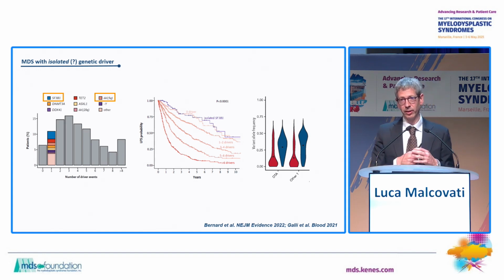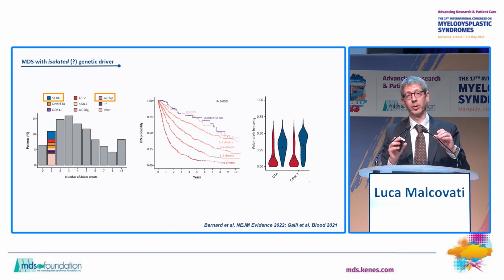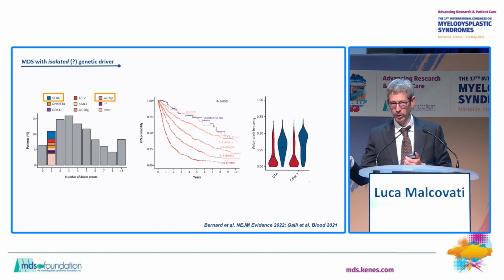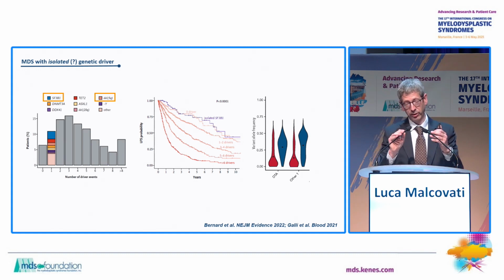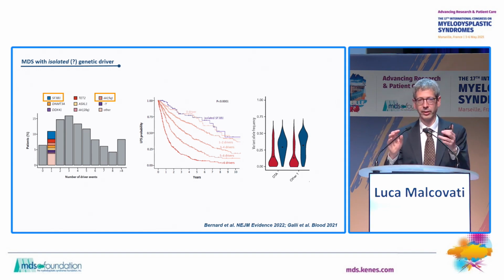So looking at the other side of the spectrum, in low-risk MDS, overall, most patients show a higher number of somatic mutations compared to patients in pre-malignant states, 2 or more, with more complex mutation patterns. However, a fraction of patients apparently have clones driven by isolated genetic lesions, which are significantly enriched in MDS-defining genetic lesions, in particular SF3B1 and the deletion of 5q, that were proven to be able to sustain a diagnosis of MDS irrespective of other co-mutation